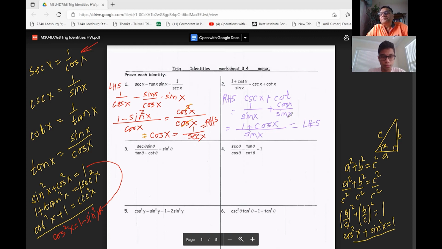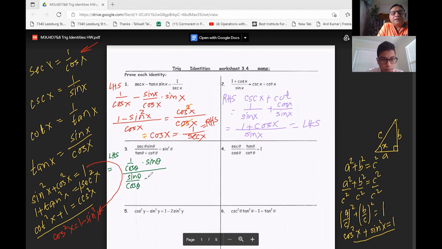Any difficulty so far? No, not yet. So the next one is secant theta sine theta over tan theta plus cot theta in the denominator equals sine square theta. So Ari, what do you suggest? How should we start this one? By simplifying the secant theta, tan theta, and cosine. Writing those reciprocal identities in terms of sine and cosine. So secant theta is 1 over cos theta, correct? Times sine theta, that comes in the numerator, and the denominator will be sine theta over cos theta,